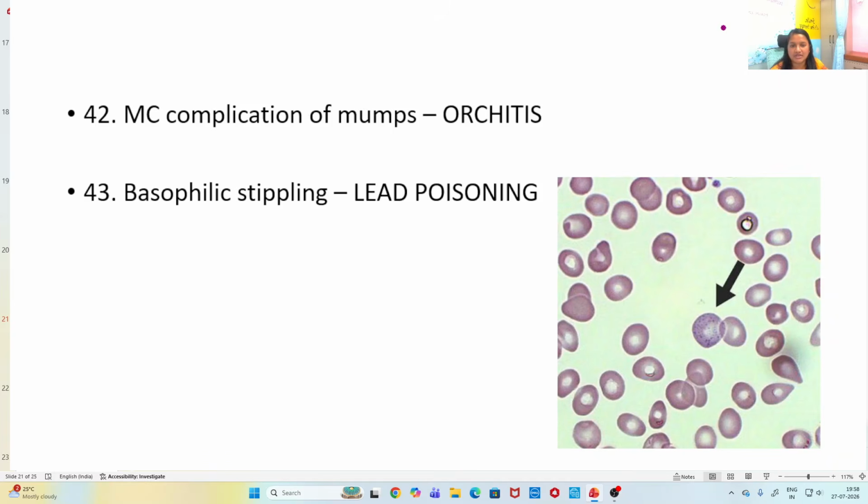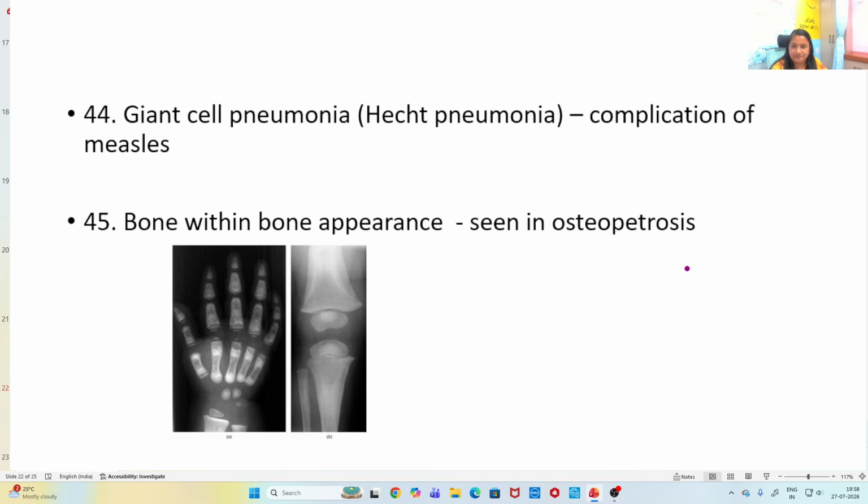Most common complication of mumps is orchitis, and basophilic stippling is seen in lead poisoning. You can see the RBC having these purplish blue spots. Okay, this is basophilic stippling, and this is seen in lead poisoning. Giant cell pneumonia or Hecht pneumonia is seen as a complication of measles, in severe forms, and it's usually